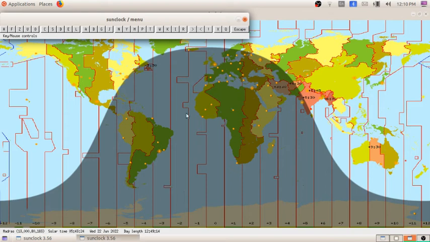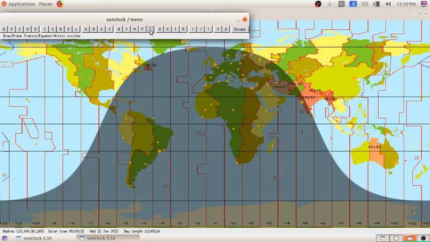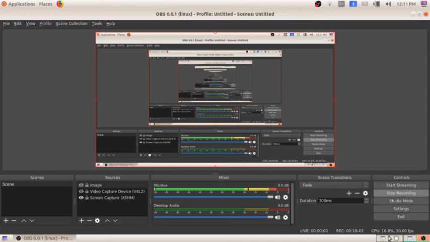And if I want to know the position of the sun, I am displaying the main longitudinal lines. I am clicking on Y. You can see the position of the sun here, on the equator. So these all things we can note. I hope it is clear to all of you.